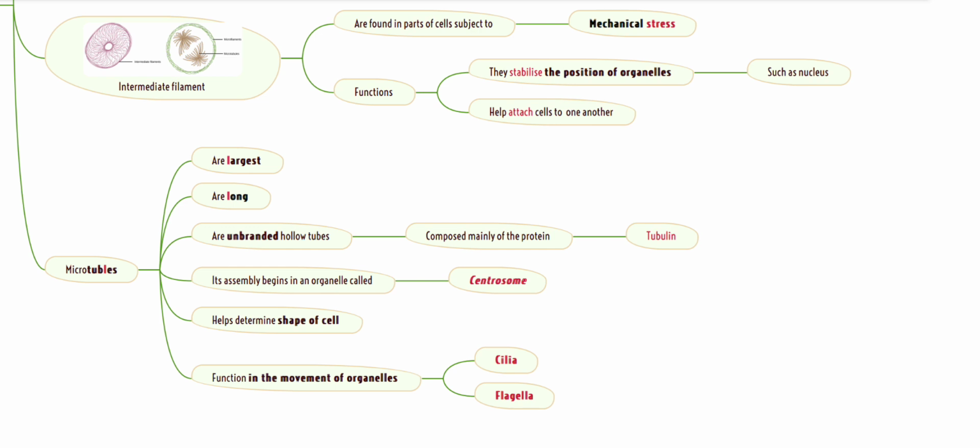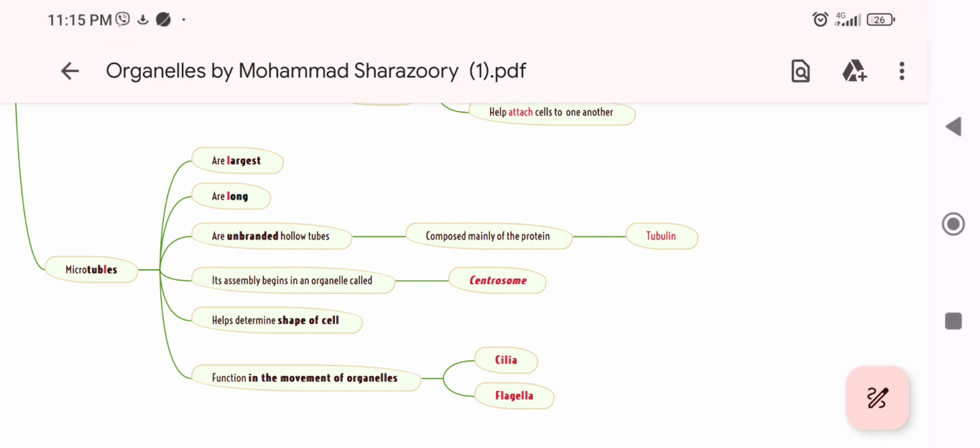Okay. They function in the movement of organelles by cilia and flagella. Wow, this is really awesome. Cilia and flagella are an example of microtubules. Okay, so you have to know they are for movement. This was about